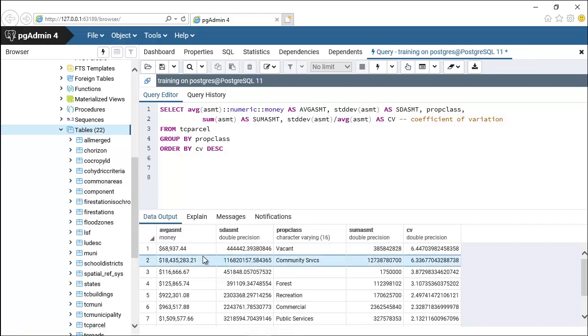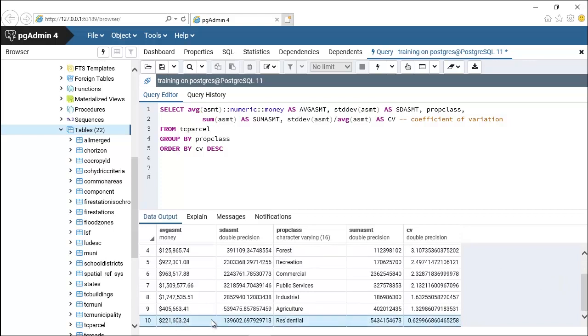And if we scroll down through, you can see recreation actually has the lowest coefficient of variation, and agriculture, meaning most of the properties are similar to the actual average in terms of the magnitude of the average value of the property. So this is a great little mathematical formula that we put in here